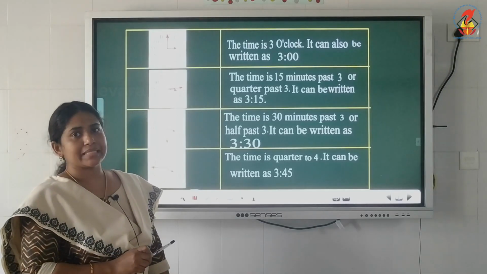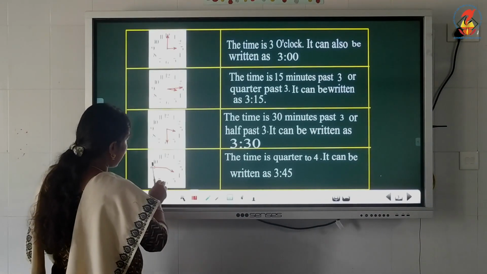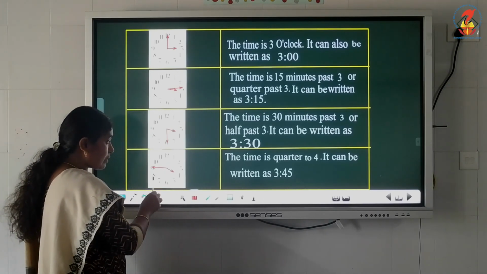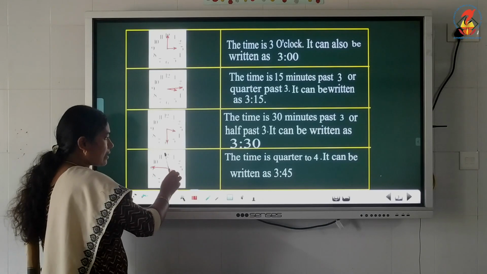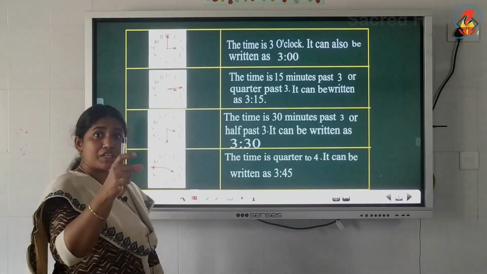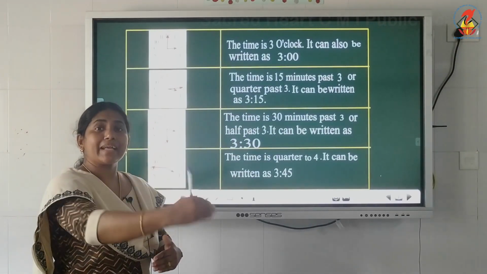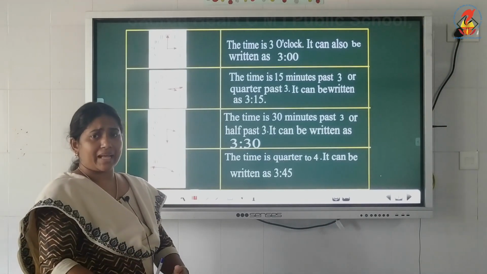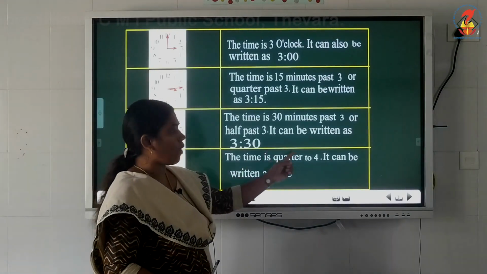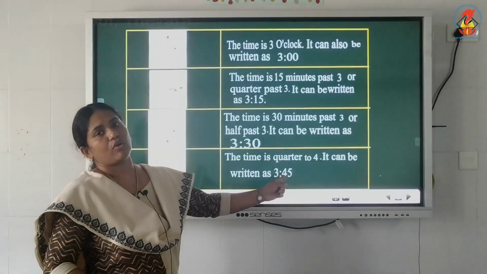45 minutes. Is it? And look at this minute hand. Our minute hand starts from this 12 and covers this much, 3/4 of our clock. Only 1/4 to 12 now. Is it? Only this much portion, only a quarter portion to reach 12. That means reach to the next hour. So we can say that the time is 3:45. It can be written as 3:45.